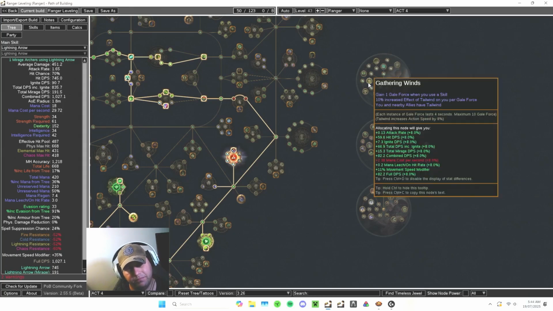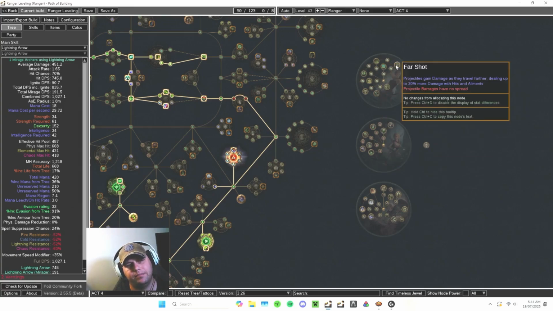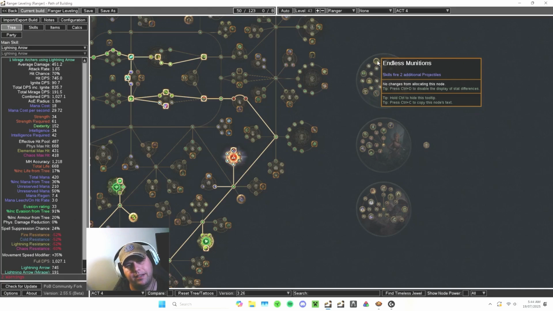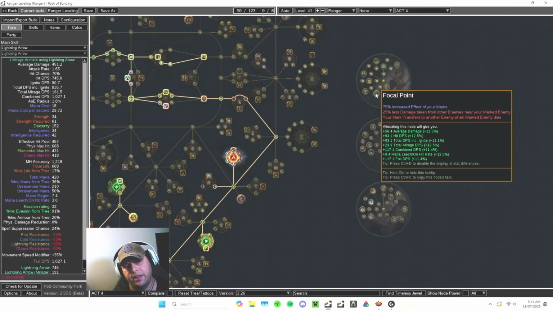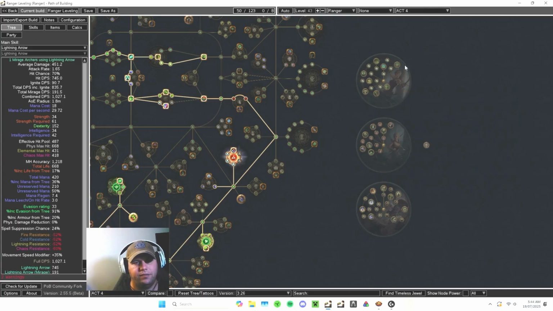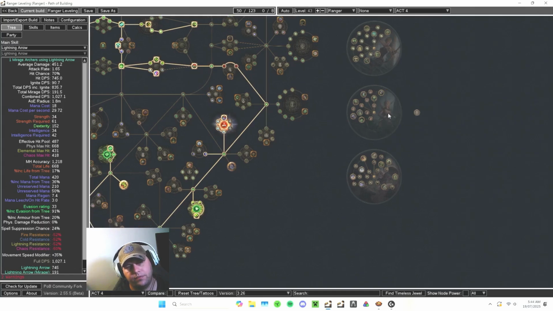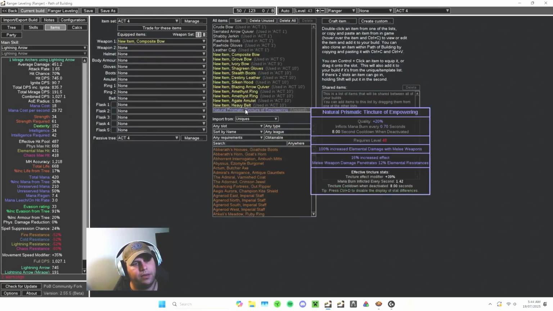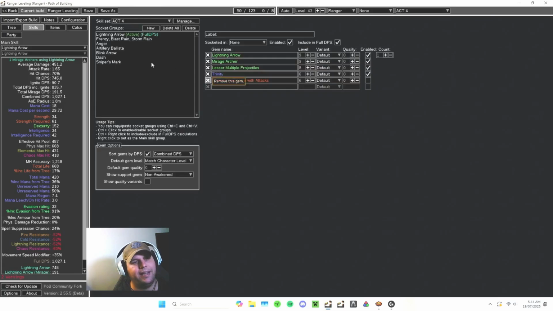It's really up to you what you take, but generally Fast Shot and Endless Munitions and the Focal Point are generally the first 3 you take in the campaign. For the other 2, it all depends on you. I did add a teacher, so if you put a teacher on, obviously it does nothing. But if you play a